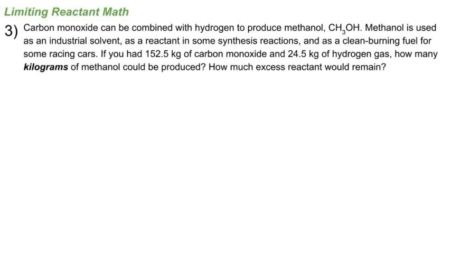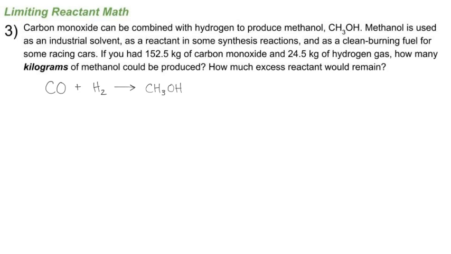So let's first start by writing out our reaction. So carbon monoxide, so just CO, is combined with hydrogen, and I know hydrogen is a diatomic, so it'll be H2, not just H, to produce methanol, and it gives us the formula CH3OH. Now we need to balance our reaction here, and I notice that I have one carbon and one oxygen